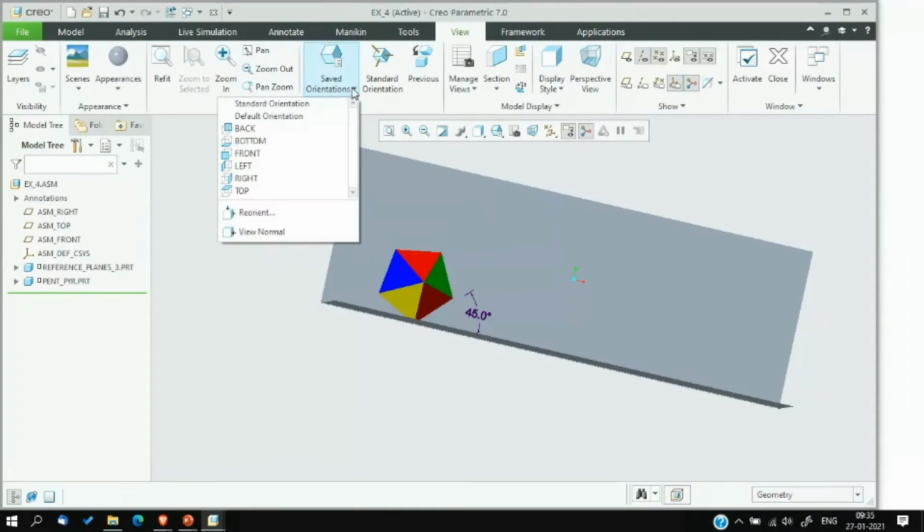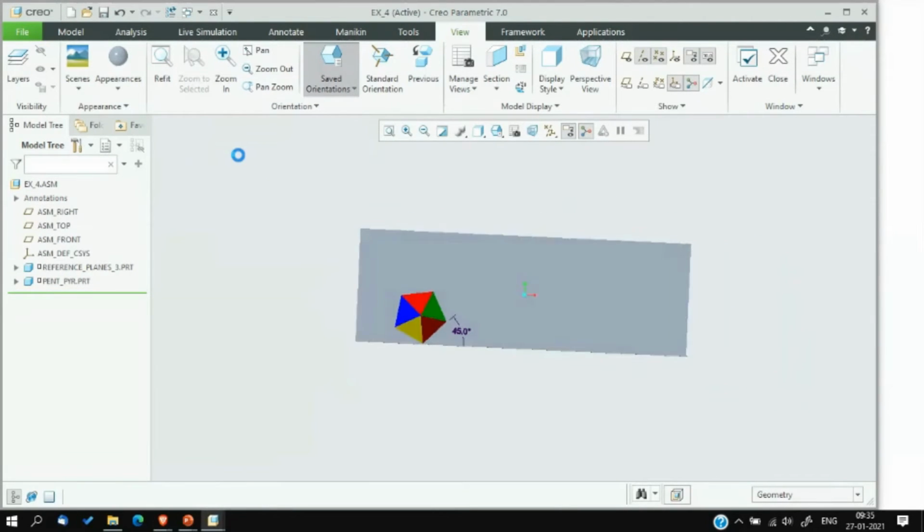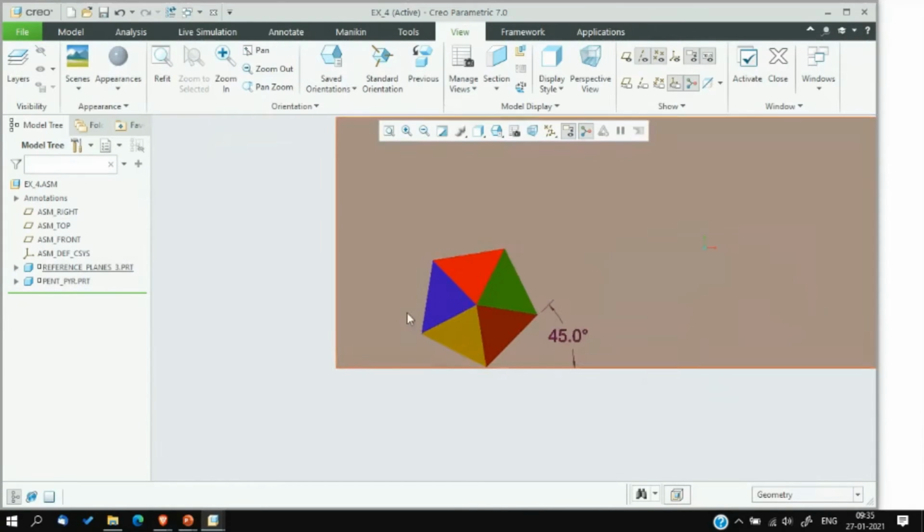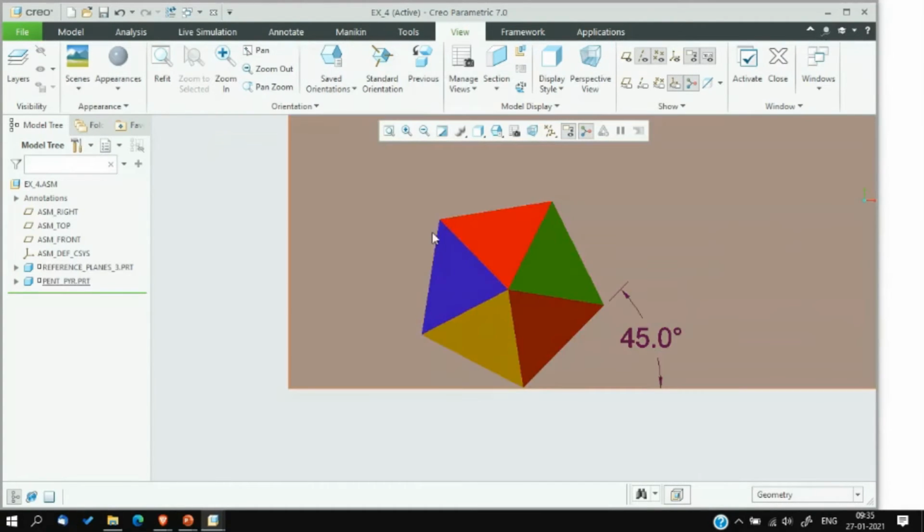Now see what the front view is. The front view will look like this. In this case, we can see all the 5 edges of the base as well as the slant edges. This single point where all the 5 lines meet is the apex, and from the apex you have to draw all these 5 lines joining the apex with the corners. That is the slant edges.